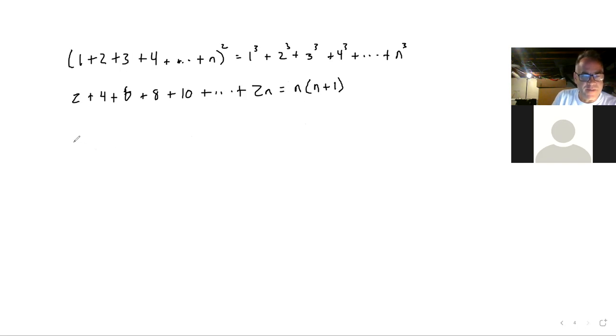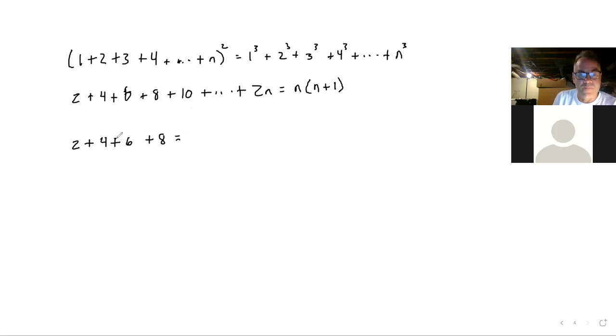So if I were just to add up, say, 2 plus 4 plus 6 plus 8, let's just do one that we could actually mentally add up. That would be 6, and then 6 plus 6 is 12, and 12 plus 8 is 20. Now, if I use the formula, I would have added up the first 4 even numbers. And if you just took 8 and divided by 2,